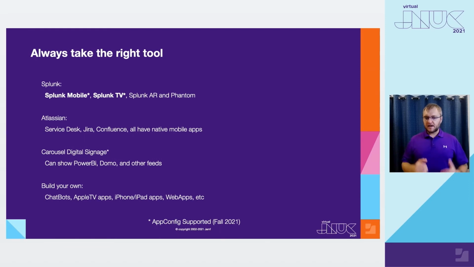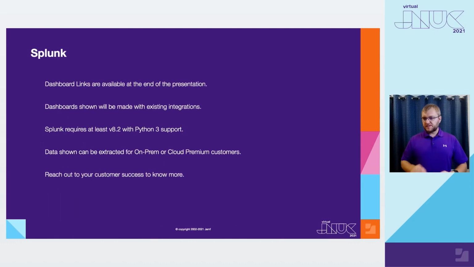And then you have probably the most common ones that you see for rolling your own. You have your chatbots, so that's like your Slack and your Teams messengers and things like that. So you can use automation that's done through the chat clients. There are a couple of presentations over the last couple of years of people rolling their own analytics platforms into Apple TVs, building them themselves in Swift and then just publishing it right onto their Apple TV. And then, of course, you have the web app method as well, the standard script runner, where I stand up a web service. And then from the web service, you have your 200 or your 400 scripts and you just click run and get the results or something like that. So I just wanted to do a couple quick ones.